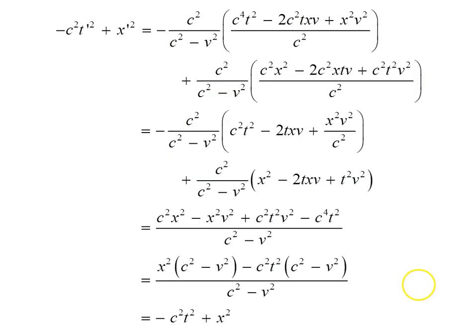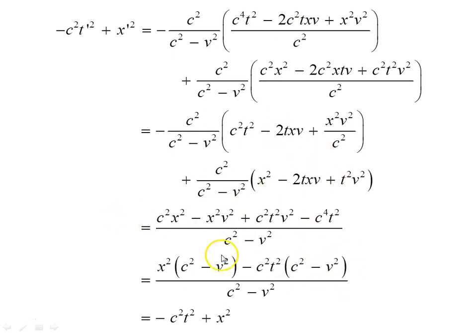Next one over. Let's now combine these. Minus c squared t prime squared plus x prime squared is this object here. That's just collecting the terms we created earlier on the previous slides. A little bit of algebra here, dividing through by c squared on this one down the bottom here, and same up here as well. When we do that, we create these two terms here, and the next line down we can find the common denominator of c squared minus v squared,